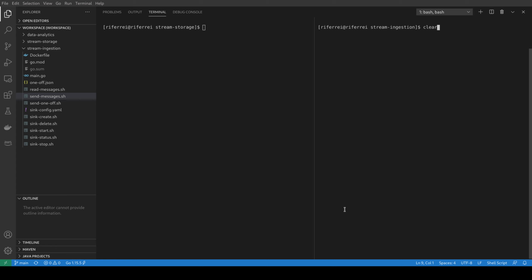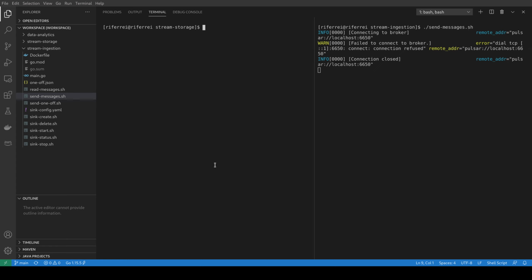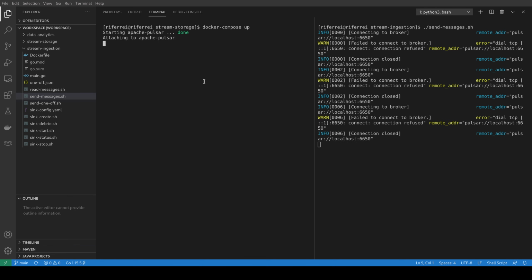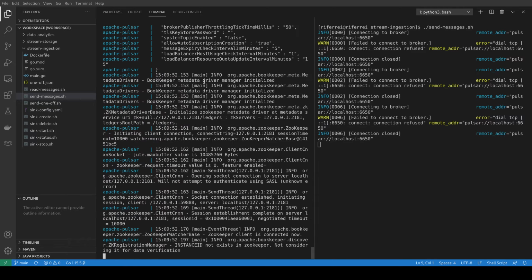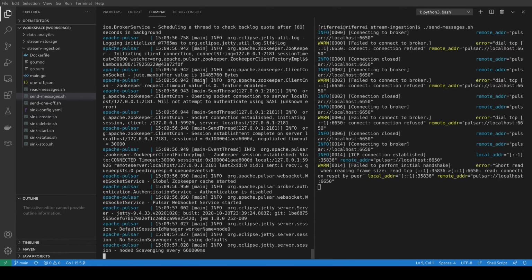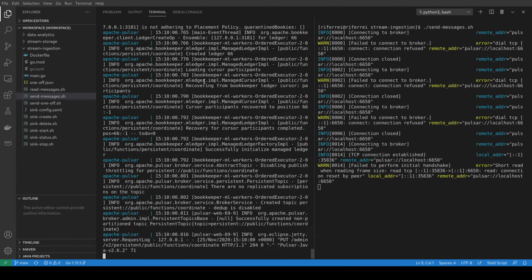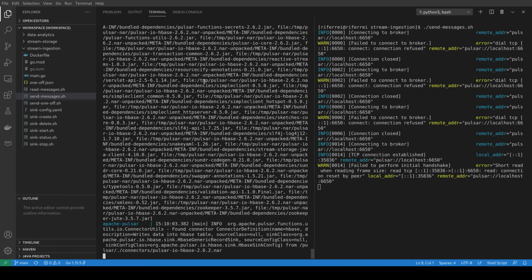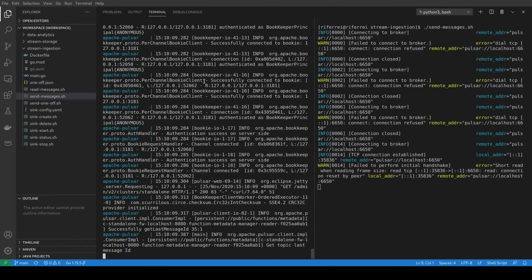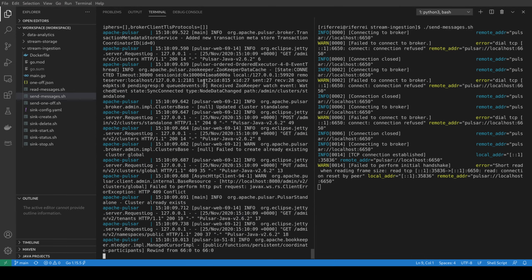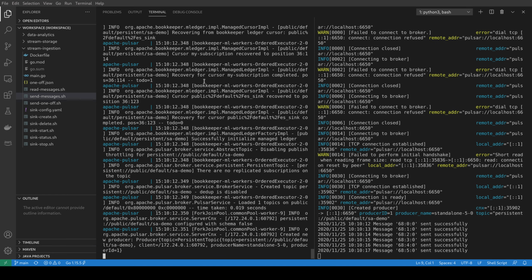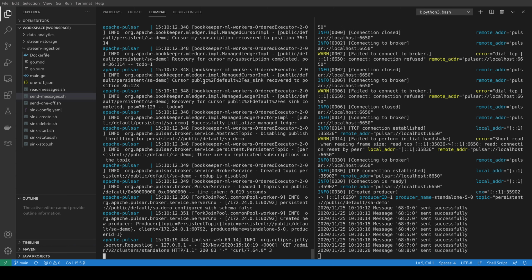This is interesting because sometimes the network can fail. So I'm going to start my Pulsar here while the client is trying to connect. And you're going to see that by the time Pulsar is eventually up, the client will be able to connect to the endpoint and therefore start producing the messages, which is what the code has been written to do. So TL;DR, when you're designing your APIs, make sure that they are resilient enough to not simply give up and then throw exceptions or errors to the user.